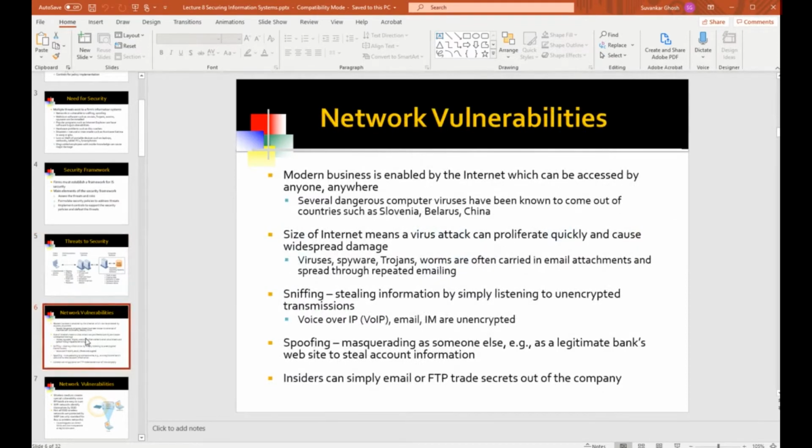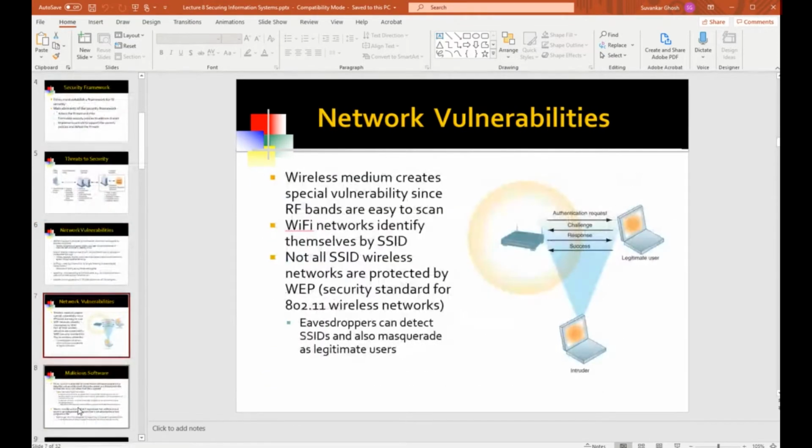And with wireless networks, and that is, we have Wi-Fi everywhere, the problem is further compounded because with the wireless network, you can just stand somewhere within the vicinity of the network, and with an RF receiver, you'll get all the packets being transmitted on the network.